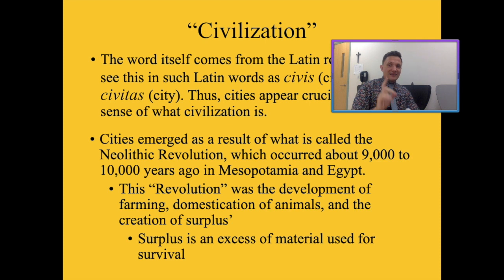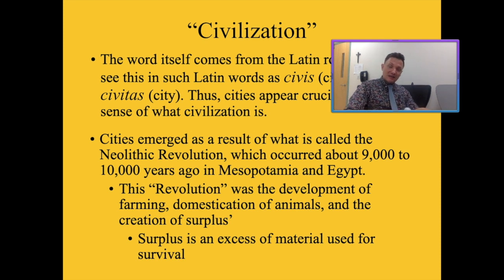But then the Neolithic period begins, all right? Now, you could see very important things arising in a little bit, but we'll get there in a second. The Neolithic period occurs anywhere between 9,000 to 10,000 years ago, give or take, right around 8,000 BC in Mesopotamia and Egypt, right? Mesopotamia is a word you've probably heard before, but maybe don't remember where it is. And Egypt is definitely a thing you've heard of before, but geographically may not know exactly where it is. Now, this Neolithic revolution, because Neolithic means new Stone Age. Neo, new, lithic, Stone Age.